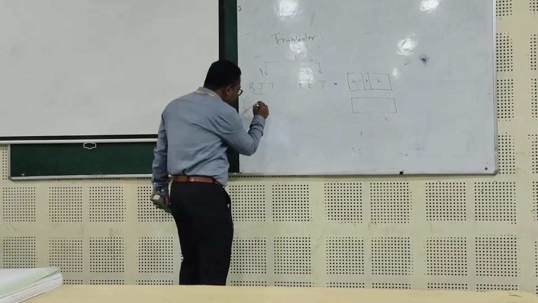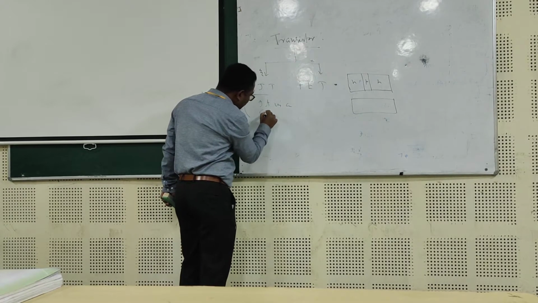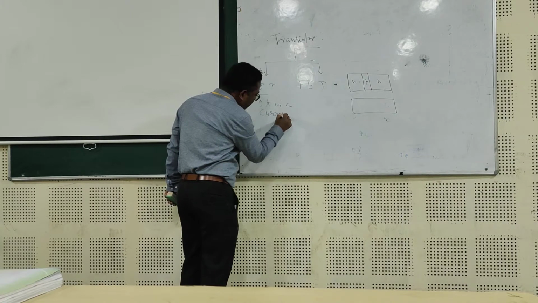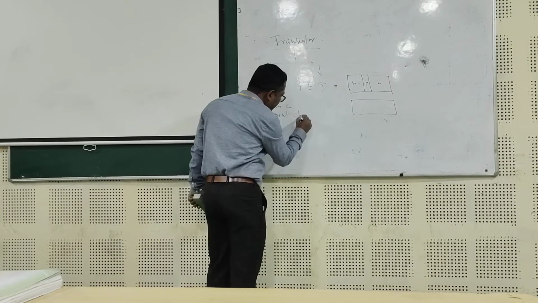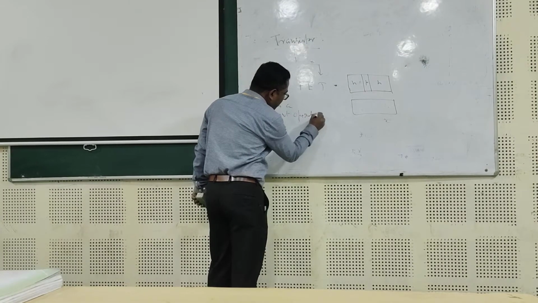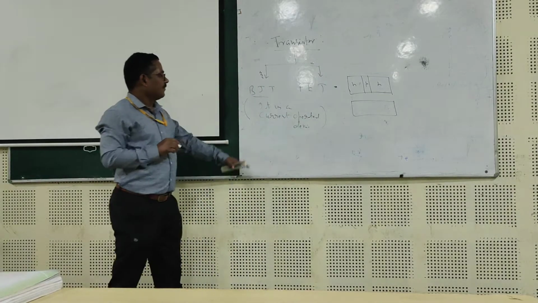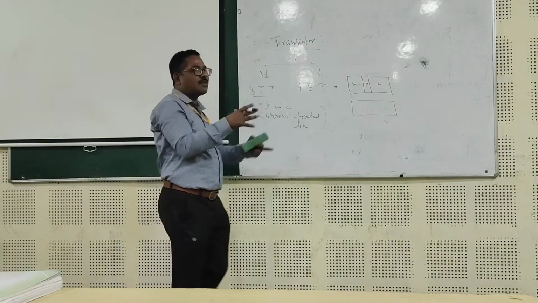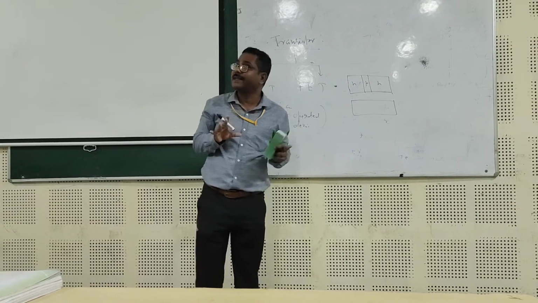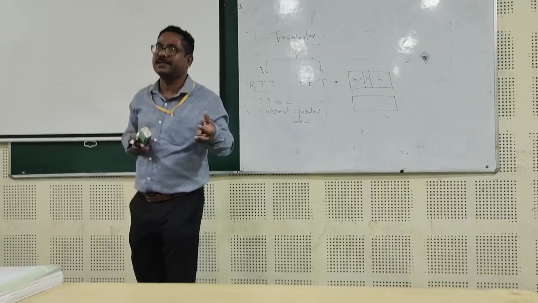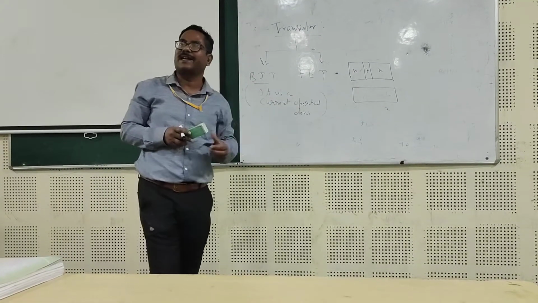You should remember it is a current operated device, not voltage operated. That means for operating this, a constant current source is required. Current source, not voltage source. I have already studied there are two types of energy sources, voltage source and current source. What is the difference between voltage source and current source?